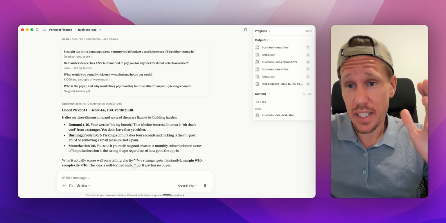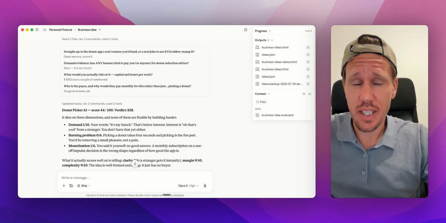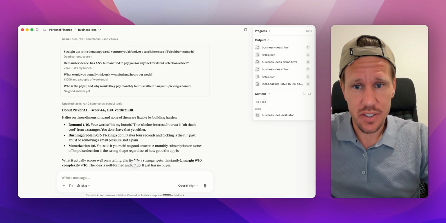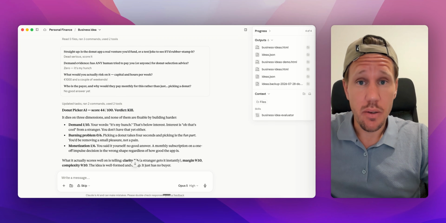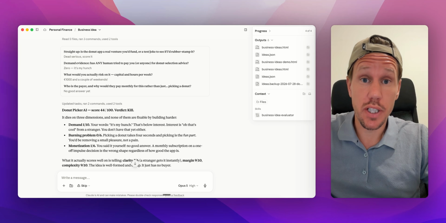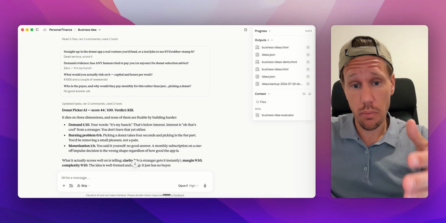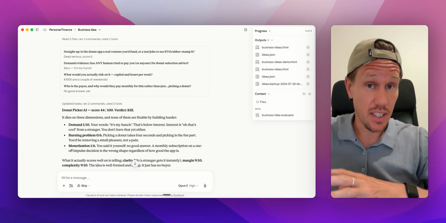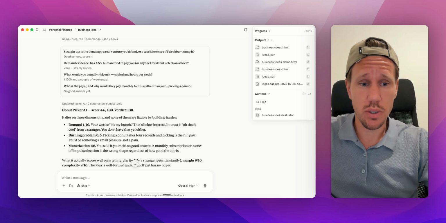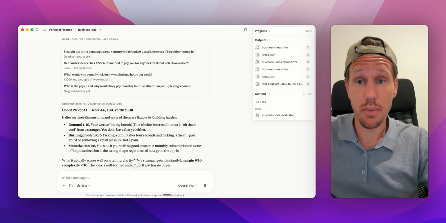All right, we are back. Took about 5 minutes and we have a couple of responses here. First of all, it just says kill, but what I want to show you is the typical output I usually get, which is an HTML format instead of reading this in chat. It's much more visible. I like it better, so I'll jump right over into the HTML output.